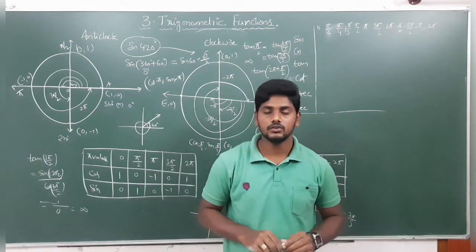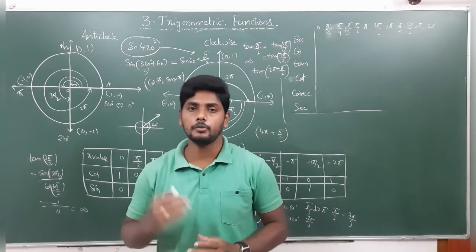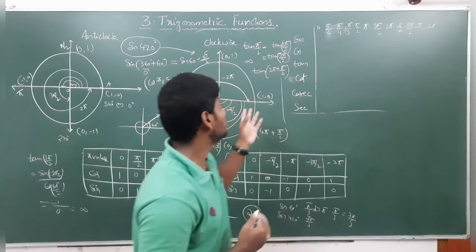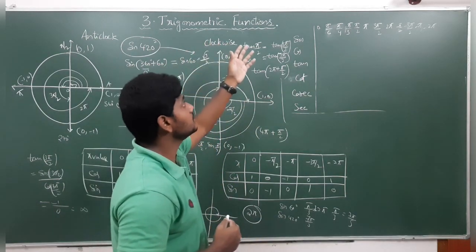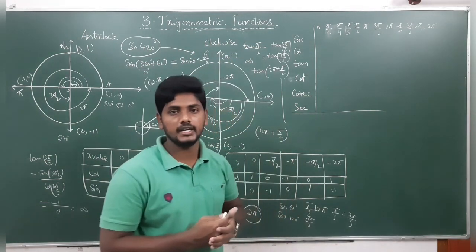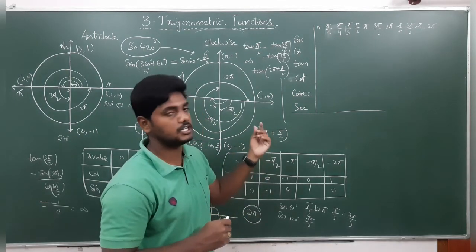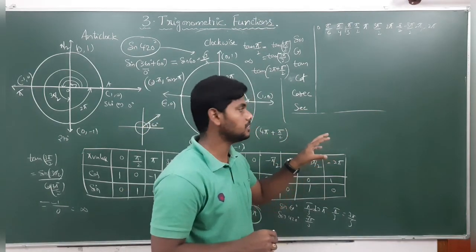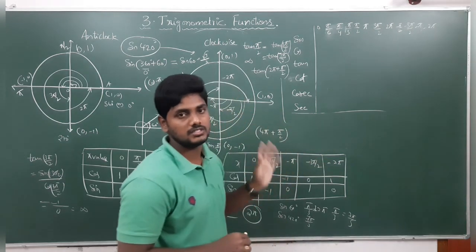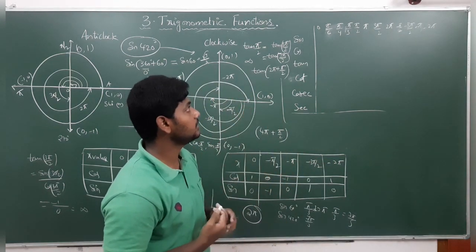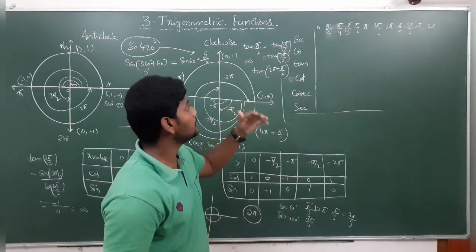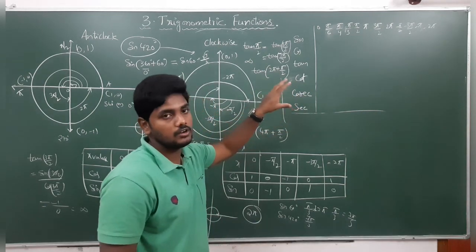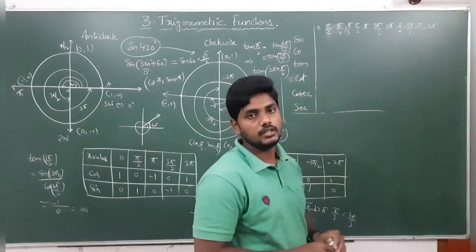So these values all become the same. This is about today's class, the introduction and exercise 3.2 in the chapter Trigonometric Functions. In the next class we are going to learn the domain and range of these trigonometric functions. As the chapter is trigonometric functions, in the chapter on functions we already learned what domain and range mean. Domain means the set of all first elements which have images in the second set, and range is the set of elements in set B which are related to elements of set A. Now what are the domain and range of all these trigonometric ratios: sine, cos, tan, cot, cosecant and secant? We will do these in tomorrow's class.